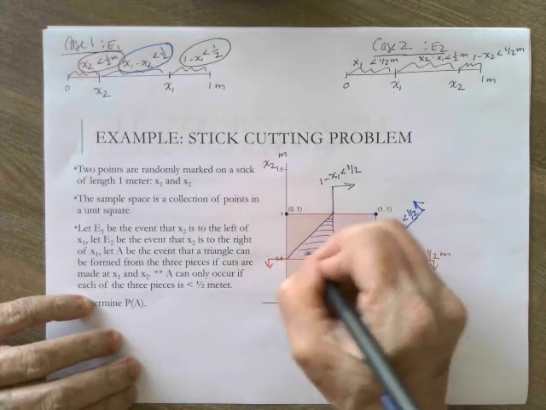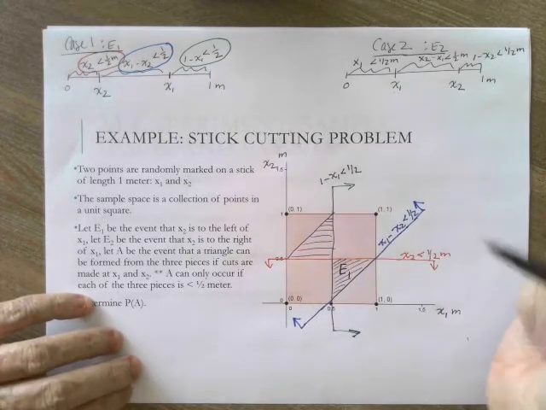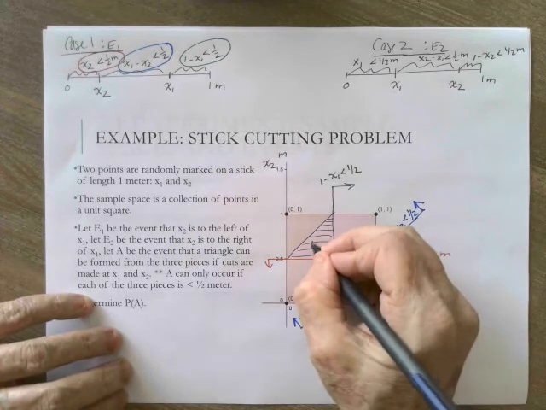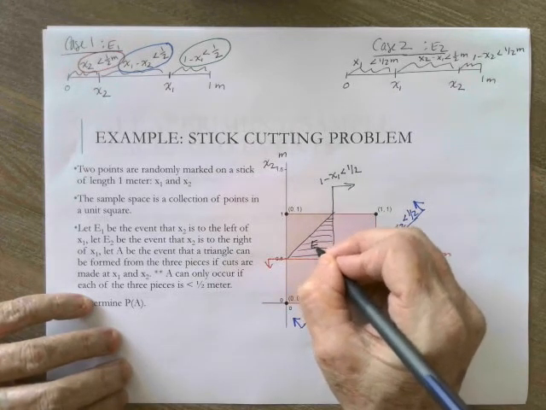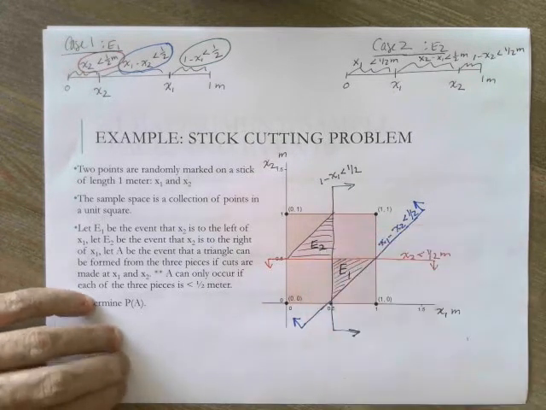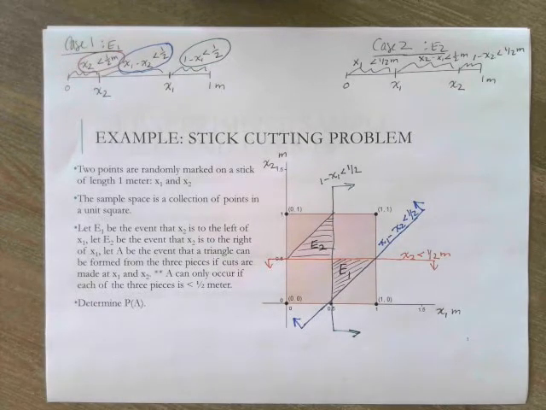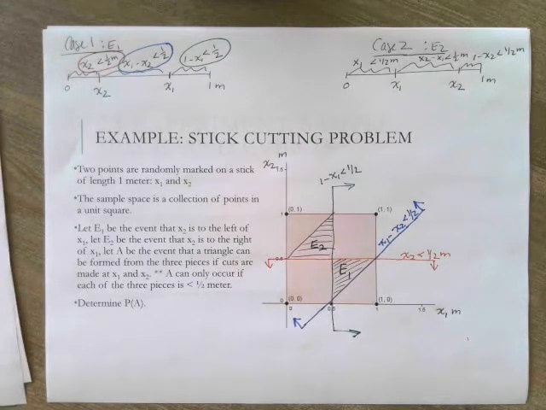So as you're going over your notes, or stop the video right now and show that this is the region for all of the points that would comprise event 2. And so now we're in a very good position, just using geometry here, to determine what the probability is that we can create a